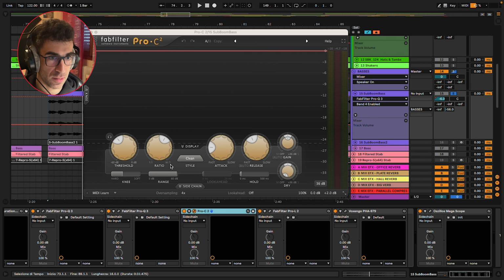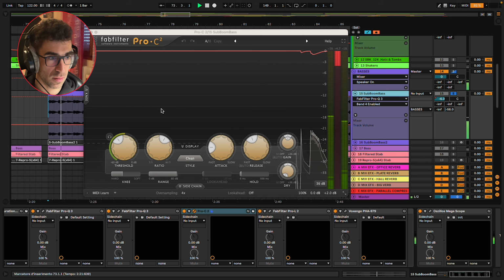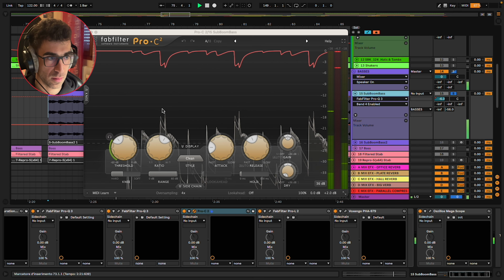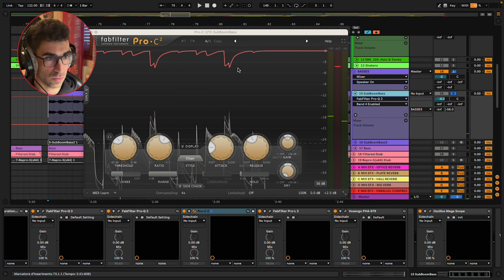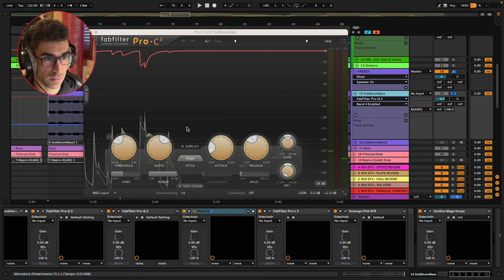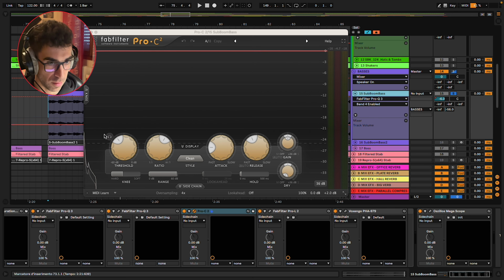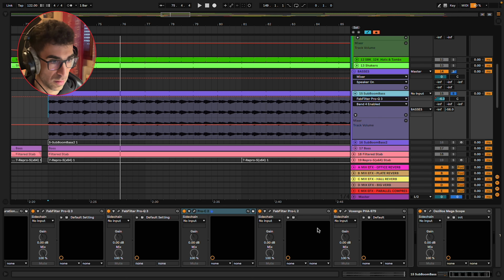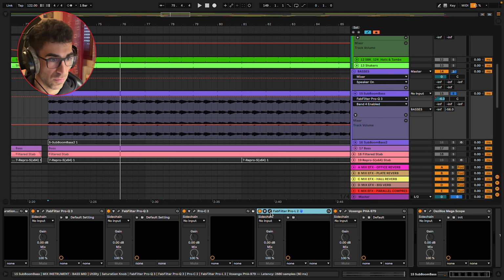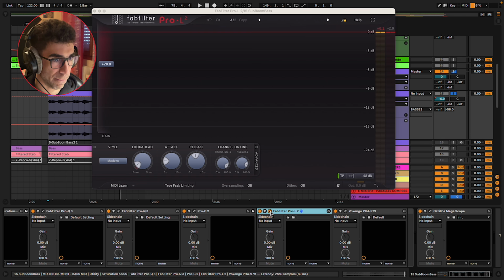Pro C, very nice compressor from FabFilter, giving the whole channel a bit more body, and still removing those bad peaks it had and making it a bit more even. And for the same reason, in this case, I also used a limiter.